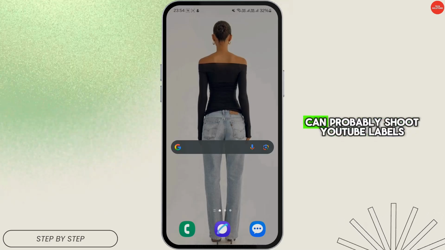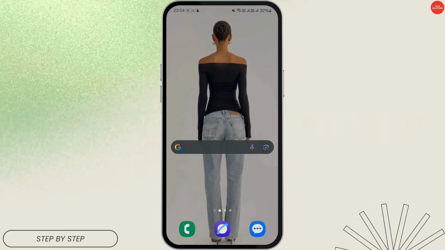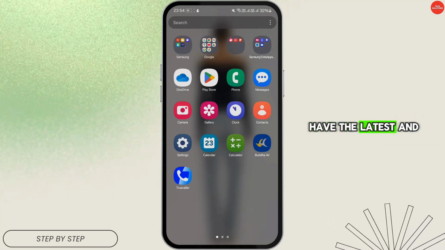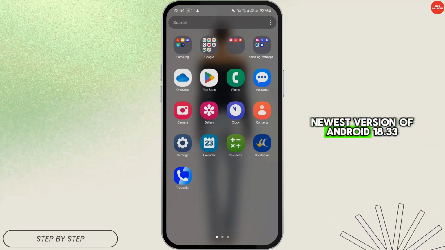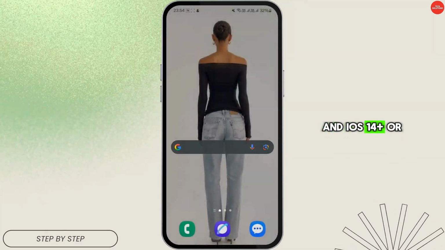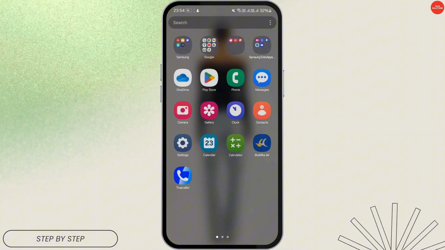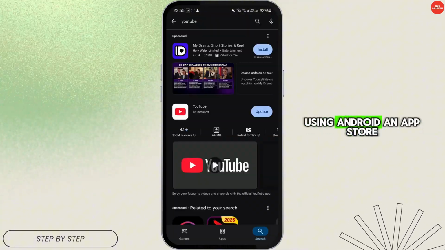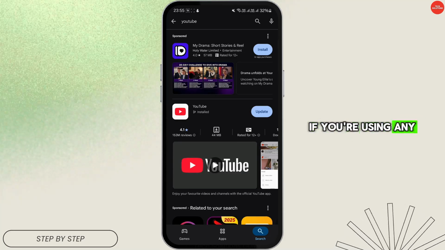So here's how you can troubleshoot YouTube Playables. First, you need to update the YouTube application. Make sure that you have the latest and newest version of Android 18.33 and iOS 14 plus, or the current web browser. Go ahead and open Play Store if you're using Android and App Store if you're using any iOS